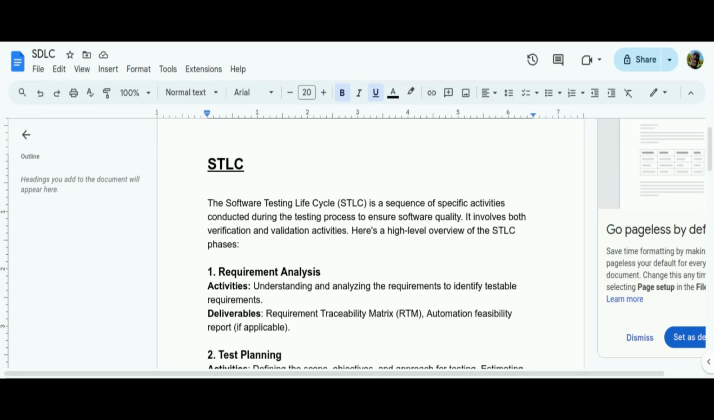The requirement traceability matrix is where we check whether all requirements are mapped in the test cases, because we use the test cases when we start the testing. Second, the automation feasibility report. If we do automation testing, we will provide the automation feasibility report. Okay, so now